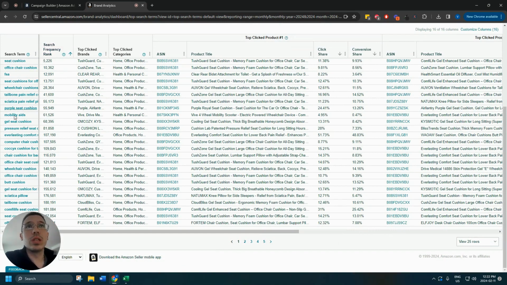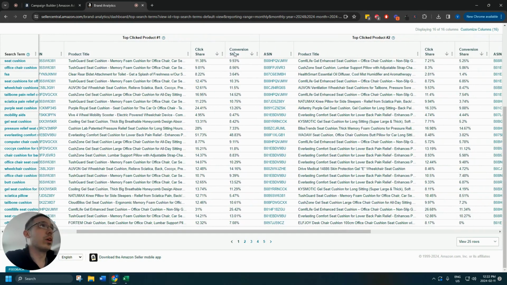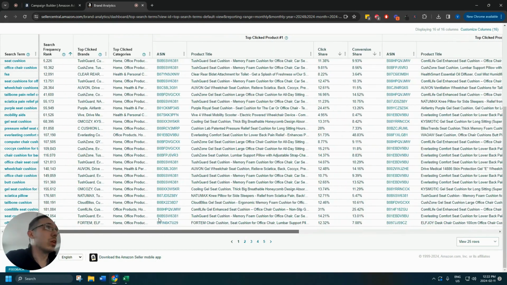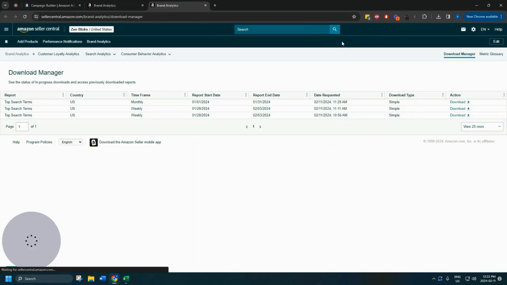Search frequency, you've got top clicked brands, top clicked categories, the product titles that are top clicked, the conversion share, the click share, and yeah, a ton of data there. So what we do is generate a download here as well. I've actually already done this, so I'm just going to go to Download Manager, click the most recent one, monthly, download that,